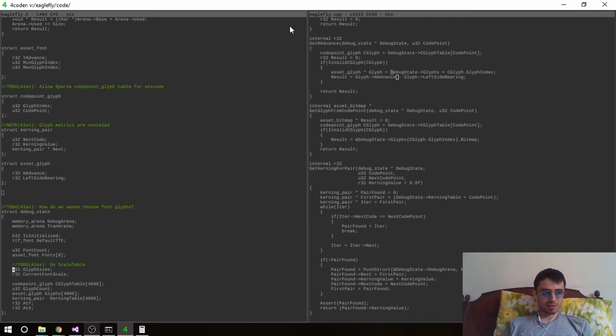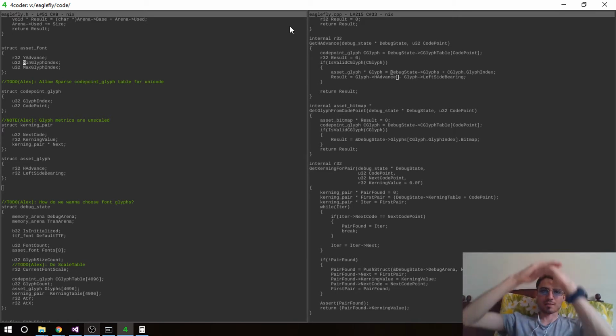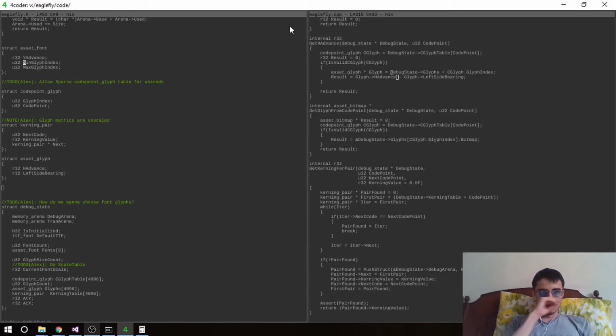So for example, we can have glyph size count right here, and this will have like meanings for each glyph size. So we have the min max, we have like a set of glyphs for each size, so probably we can have something